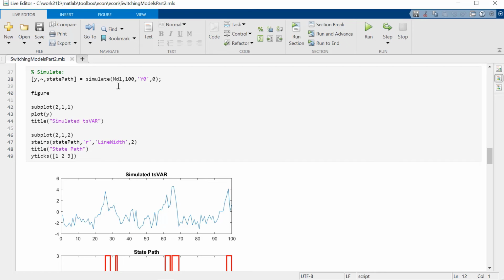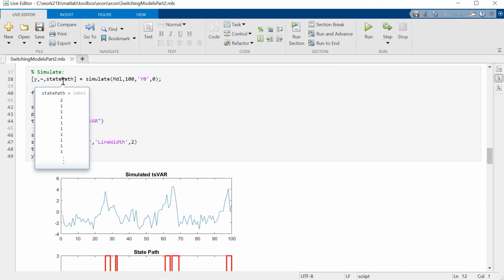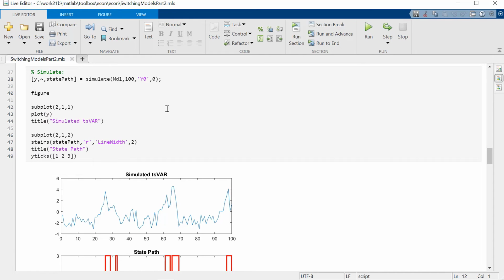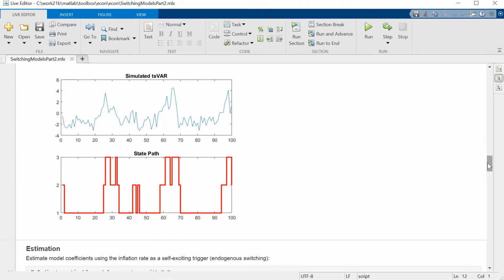If we give it now our fully constructed model above and ask to simulate for 100 time steps, we'll give some pre-sample data here. Since it's an AR1 model, we'll give one value of pre-sample data to initiate the AR terms and have all the simulations start from this same starting point. If you run the simulate command, you get the simulated data as an output, and optionally as a third output, you get the state path during the simulation. And if we plot these 2 outputs, we get something like this. Here's a plot of our threshold switching model that we just specified. And here's a plot of the state path during the simulation among the 3 different states in our model.